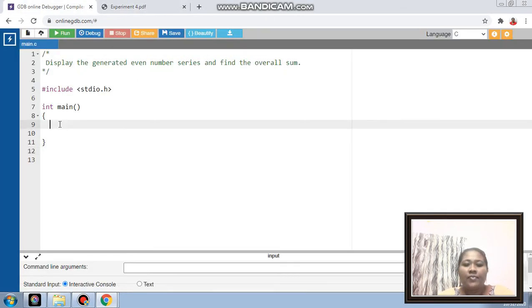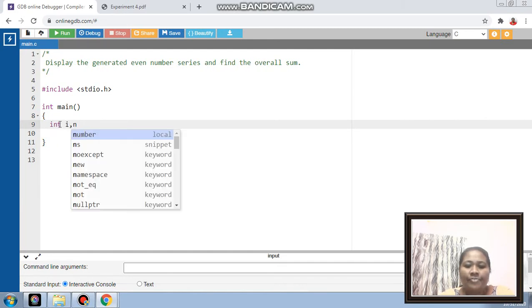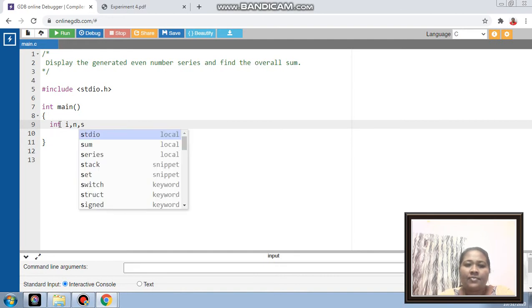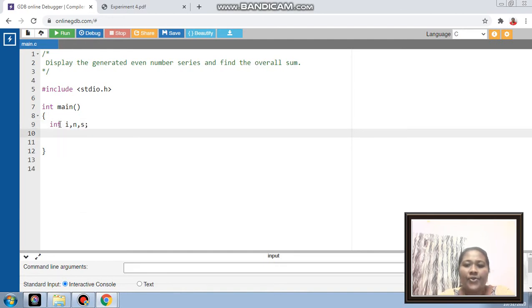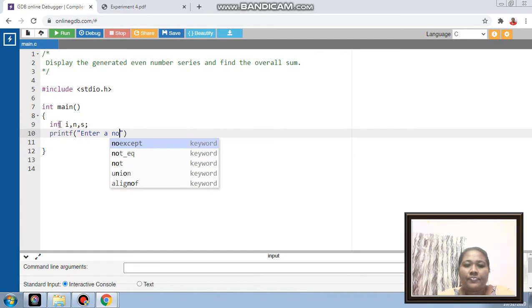So in this program, what are the required variables you have to define? You definitely need a for loop, you have to read the value of n, and you have to calculate sum. These are the required variables you have to define, and then you have to prompt the user to enter a number